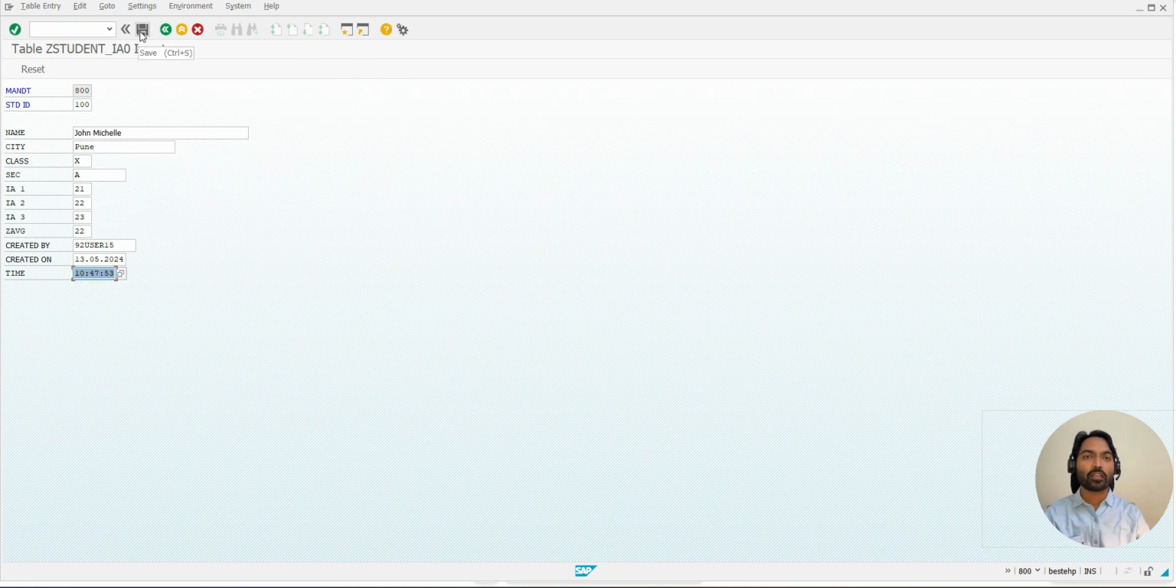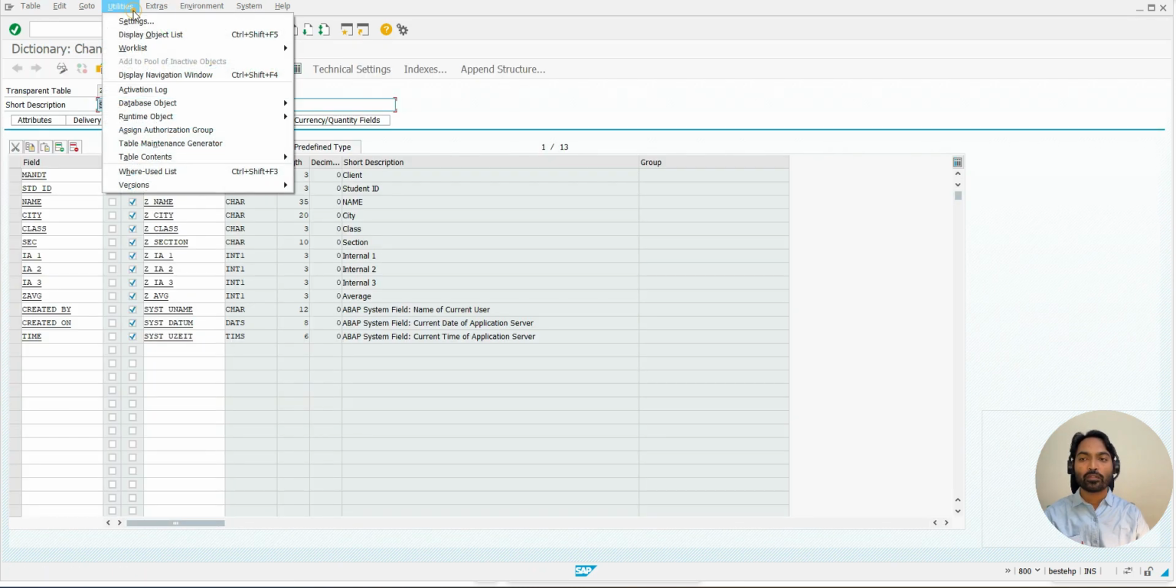And finally, if I click on the save option, the data will be stored in the respective table. So you'll get the message that the database record was created successfully. Now, if you go back and want to see the result, you can go to Utilities, Table Contents, and the Display option,